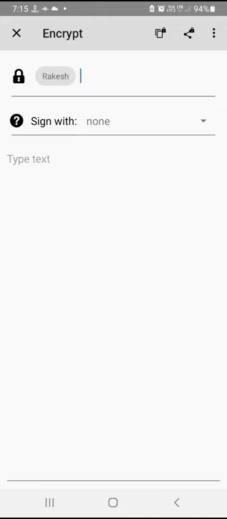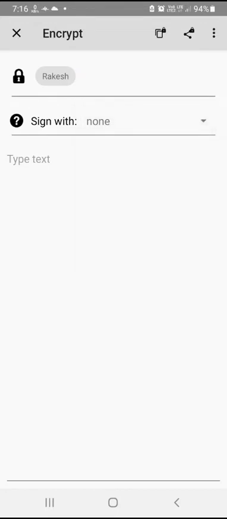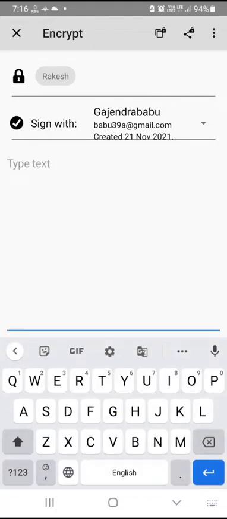Next, there is a section, signed with. Select it, that is, select the down triangle and then select Gajendra Babu. So the meaning of this setup is, Rakesh is the receiver of the message and Gajendra Babu is the sender of the message. Now type some message like